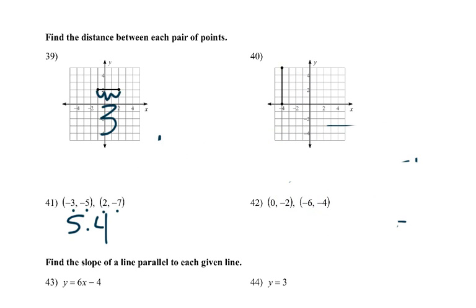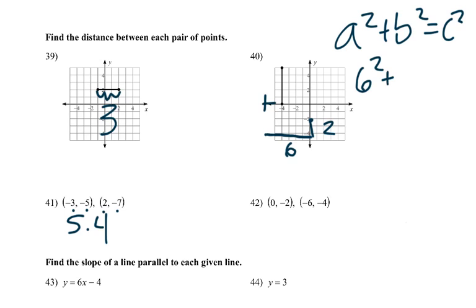The other way we could do it is actually graph the points and then use the Pythagorean theorem. So 0, negative 2 would be right there-ish. And then negative 6, negative 4 would be right about there. It'd go one more out. So then I could make a triangle, right? 1, 2, 3, 4, 5, 6, up 2, so 6 and 2. And then using the Pythagorean theorem,